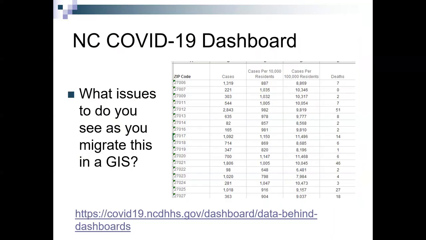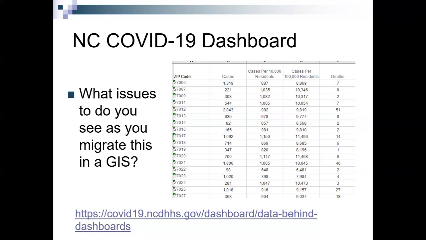major challenge. The other thing we've got here is the COVID-19 dashboard. The COVID-19 data collecting dashboard kind of ended back in May. We're still going to be working with these data because they're largely going to be spatial in nature. But we've got zip code, cases per 100,000 residents, and deaths. The one challenge we have when we migrate these things, and I'll jump ahead, meaning when you download these things and bring them into ArcGIS Pro, is this number right here, it's a zip